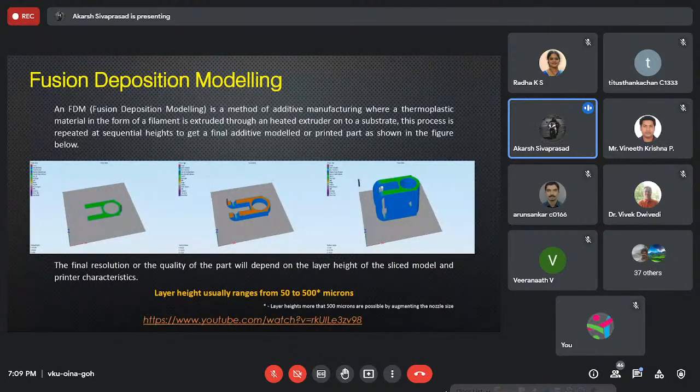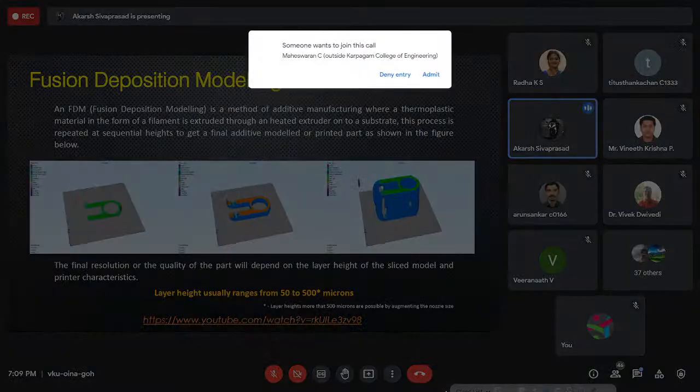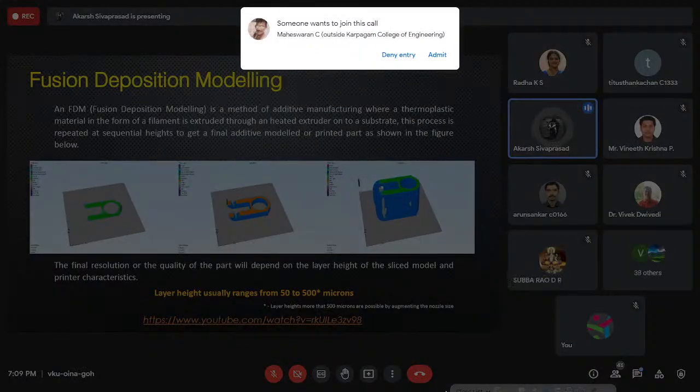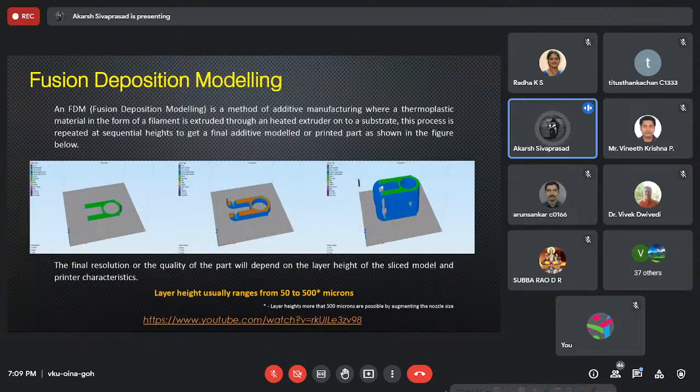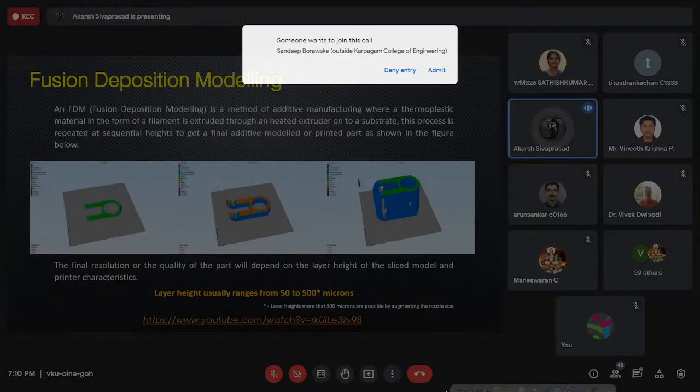To simplify it more, you can probably get a really good printer for maybe 10,000 to 12,000 roughly. So that's how the technology is accessible now, and the material is also cheap. The complexity is much less than what other technologies need, and the post processing is extremely simple compared to what others offer. And coming to the cons, since it's a plastic